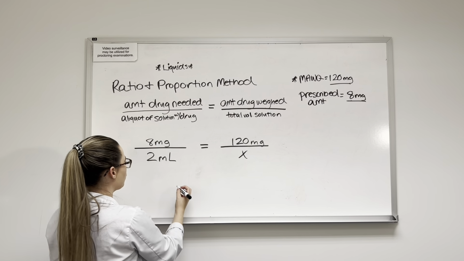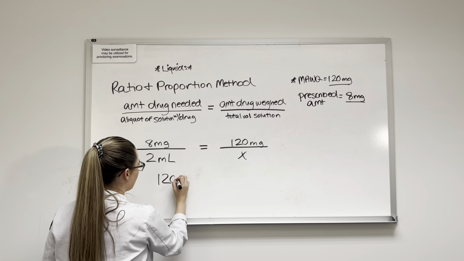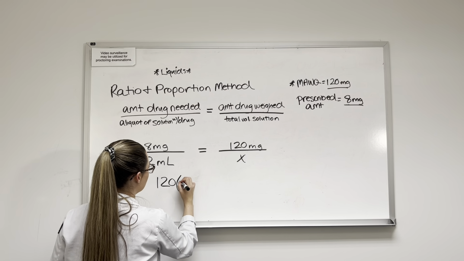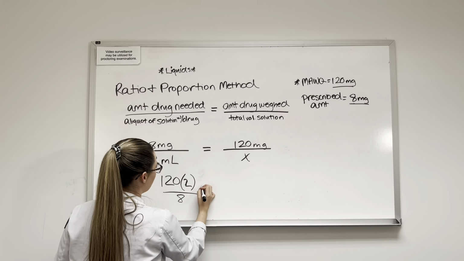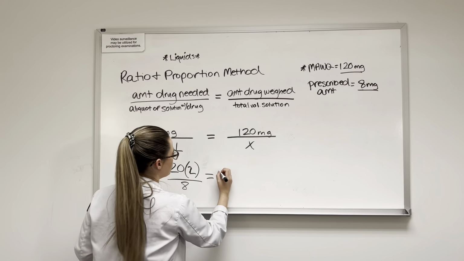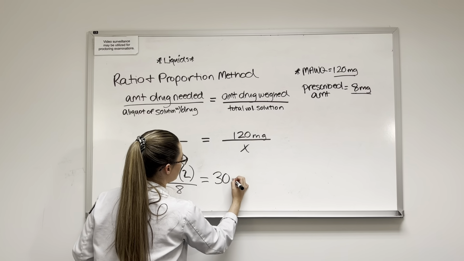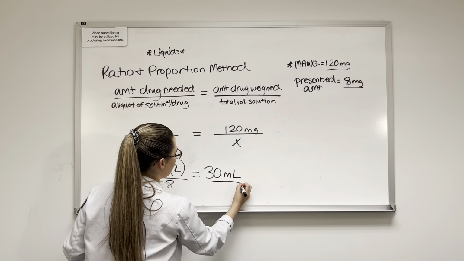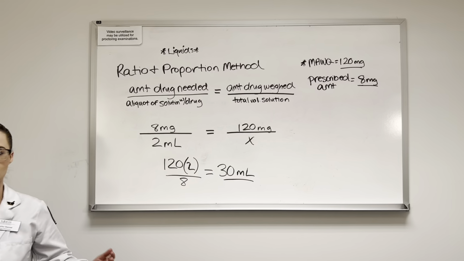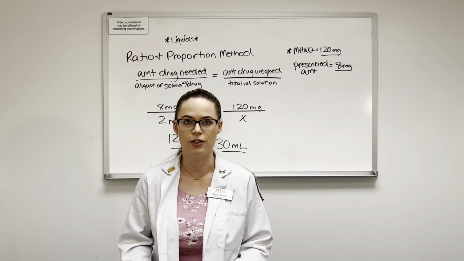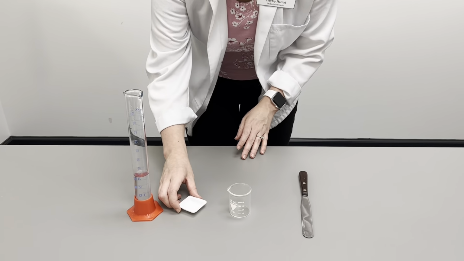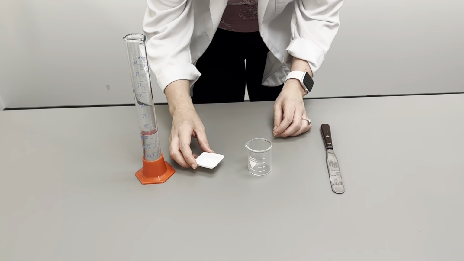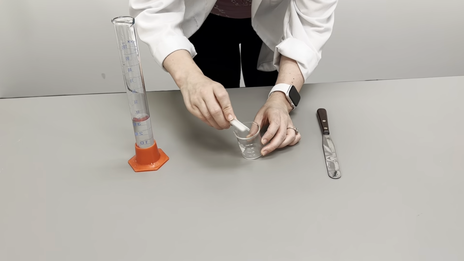So again, you will cross multiply, giving us 120 times 2 over 8. That leaves us with a total volume of solution of 30 milliliters. Unlike with solid mixtures, we do not use geometric dilution for liquids. Instead, you just take your weighed amount of drug, and again, in this case, it's 120 milligrams,